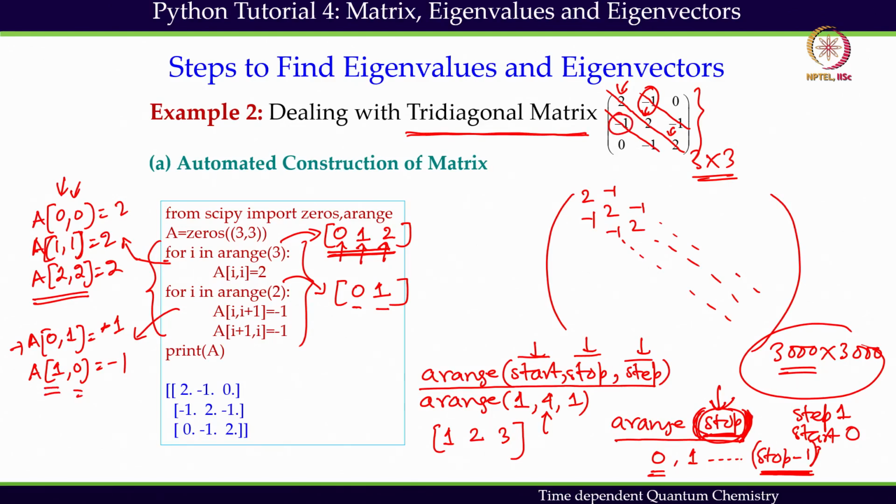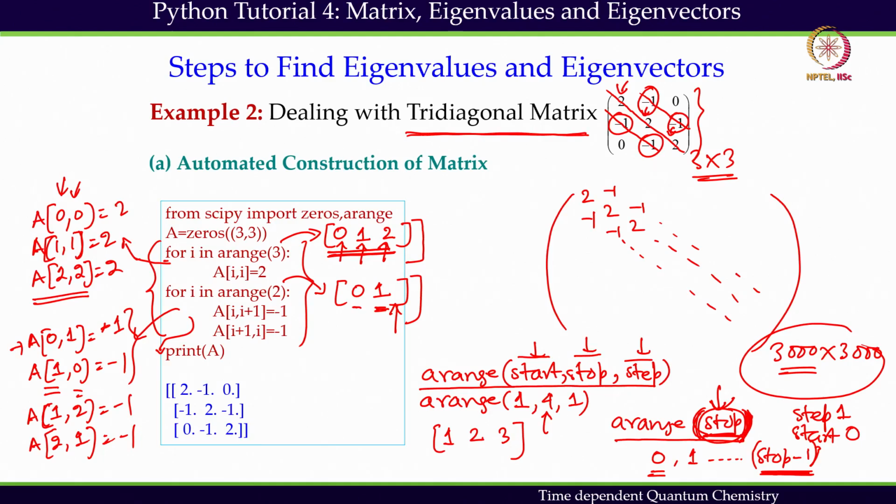In the second iteration, the next number is 1. So it is going to be 1 2, that is going to be minus 1, and 2 1 is going to be minus 1. So I have these values, and then I do not have any other numbers. That is why the for loop will terminate and will go to the next command line. So the for loop will be running for 2 iterations here, and here the for loop will be running for 3 iterations, and that is the way we are automating